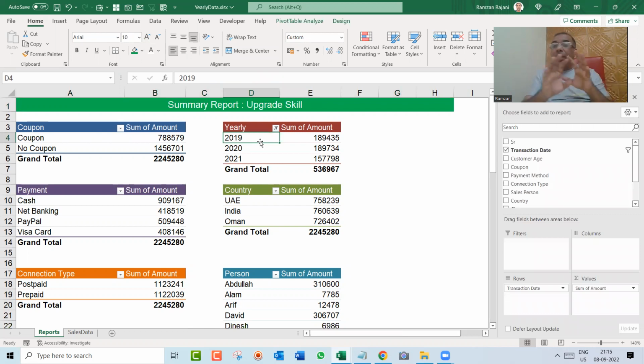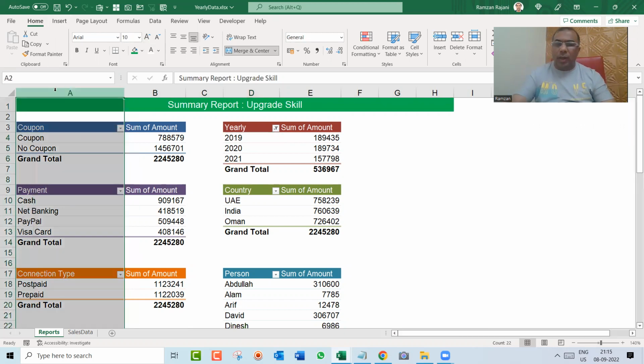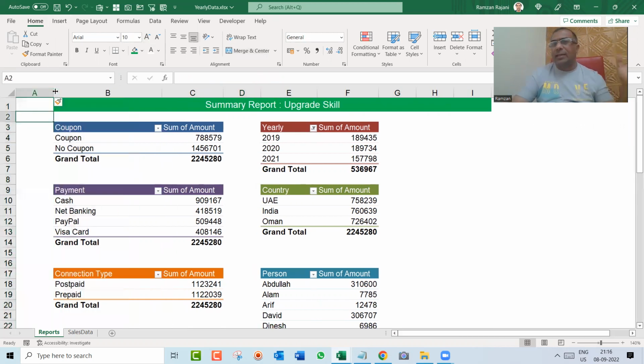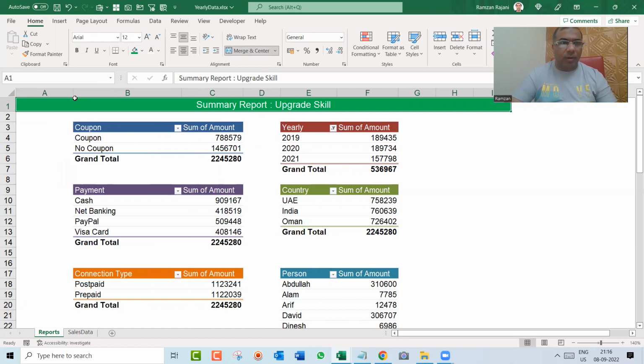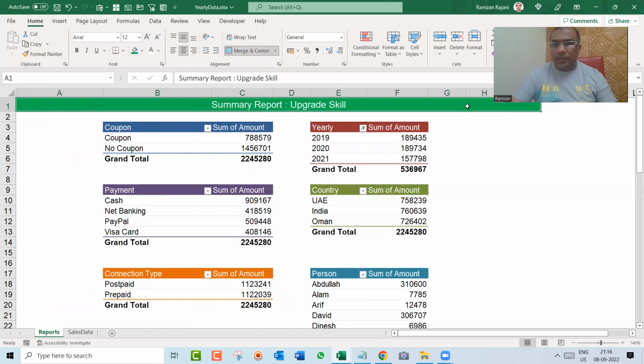On this, you can even add slicers. So what you will do is on the right hand side, you can add a slicer. If you wish, you can even do like this. You can add a slicer on the left hand side. Let's add on the left hand side, no problem. So I come over here and I fill the color and again I will say merge, something like this. And let me increase the column width from here so that I have sufficient space over here